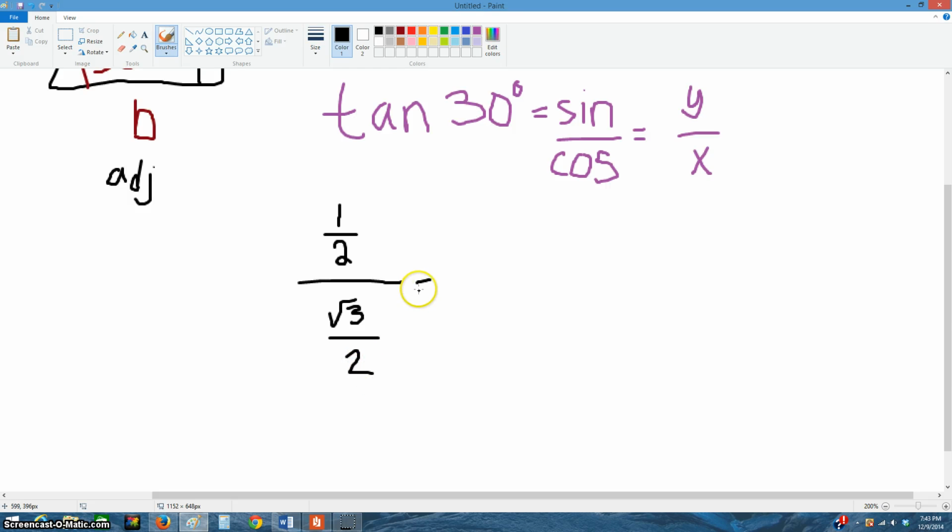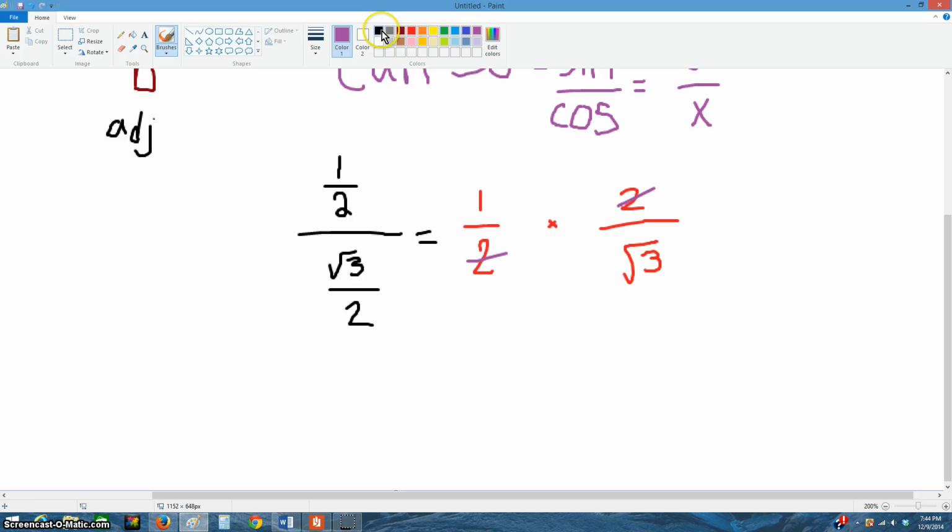Okay, so that is equal to a copy, change, flip. So we're going to copy the 1 over 2. We're going to change our division to multiplication. And we're going to flip the radical 3 over 2. And when we flip it, it becomes 2 over radical 3. Okay, what happens to our 2's? They cancel out. So we're left with 1 over